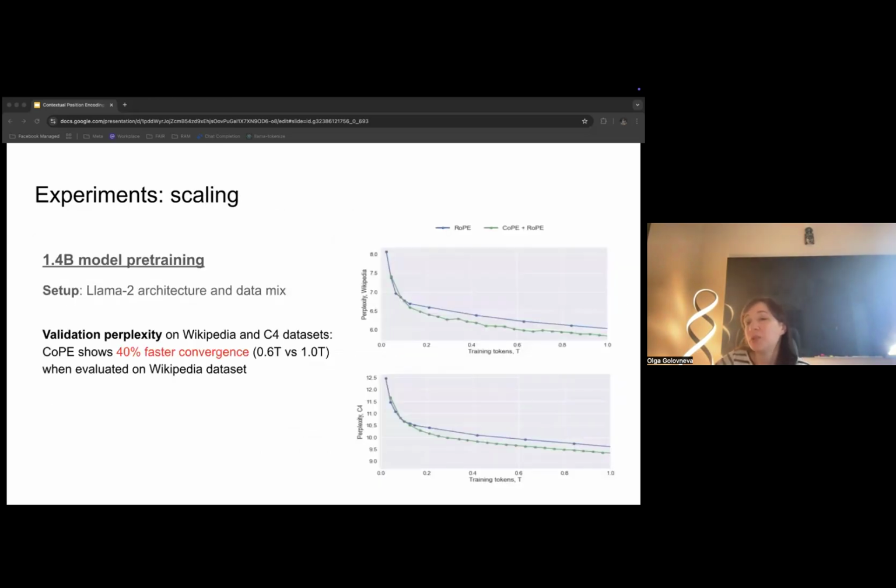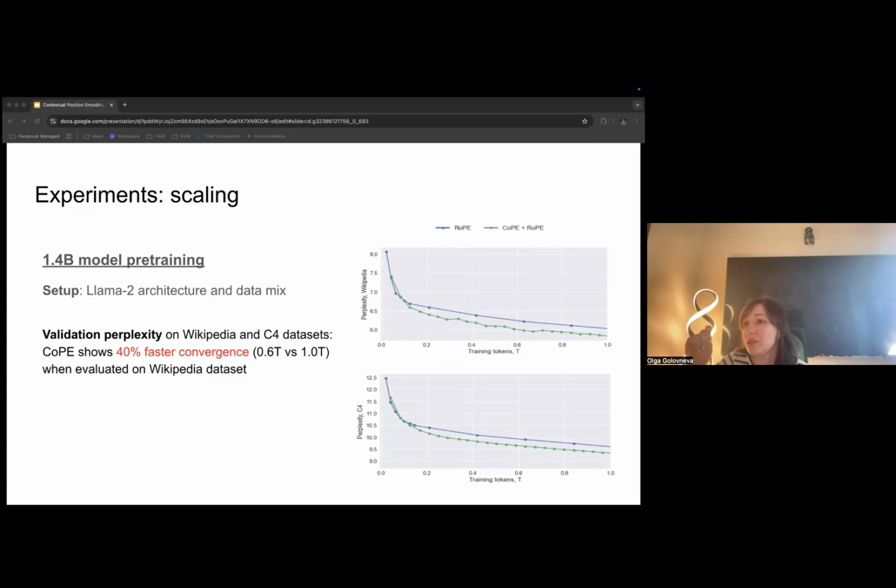Then we move to scaling our model. We train a Llama-like model on a similar data mix as was in the Llama paper, but we train a 1.4 billion model from scratch. Here we show the validation perplexity on Wikipedia and C4 datasets. COPE shows faster convergence.